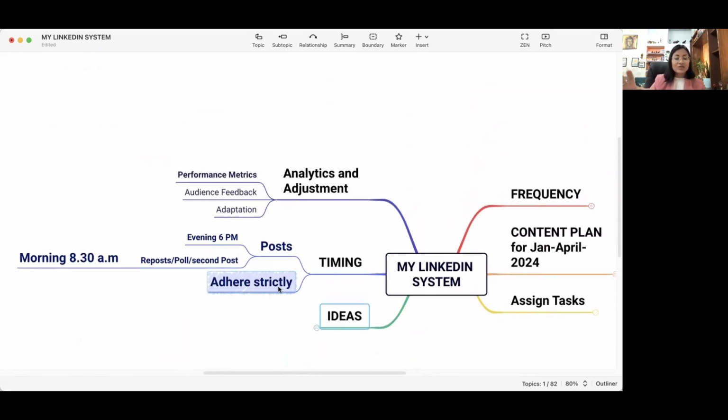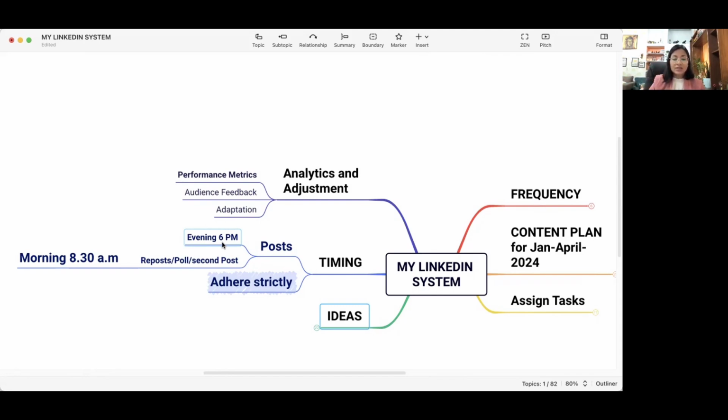Okay, and then yes, if you see that in this strategy, LinkedIn strategy development, I have written timings. You have to adhere strictly to the timings. That's what I want to tell myself, and that is why I have written there also in the mind map that my post should go every evening 6 p.m. Now, am I adhering to that? Not always, but at least when it is there, I have that feeling that, okay, today I have not done. So at least I have that awareness.